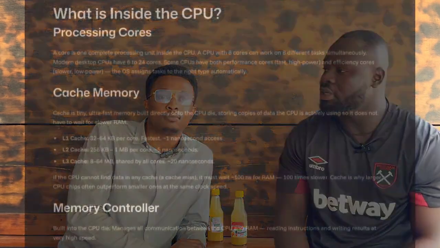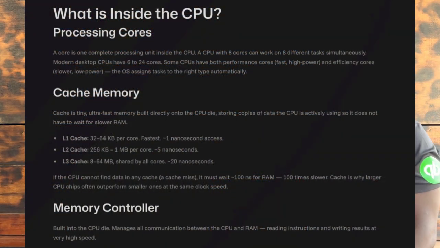Now let's explain the CPU. The CPU, also known as the central processing unit, is the brain of the computer. The CPU contains different cores, each a mini processor that handles multiple tasks at once. It's very powerful. It also has something called cache memory, which is super fast and helps the CPU access